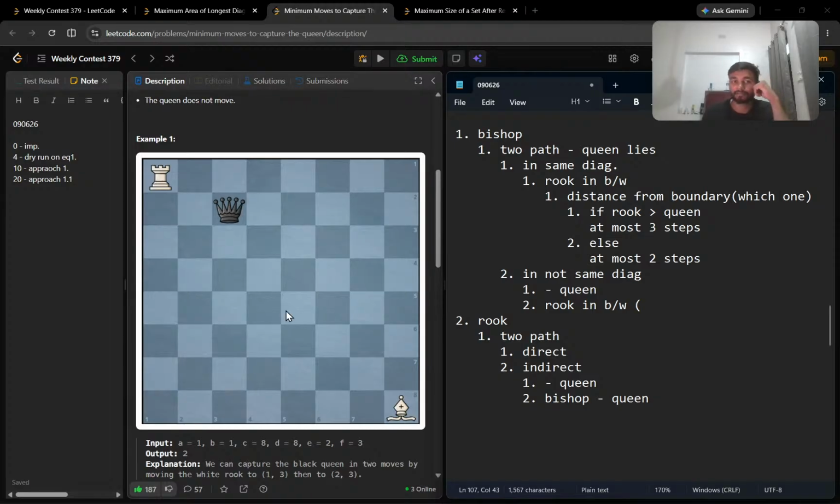अगर रुक हमारा बीच में है तो definitely this is going to be at most 3 steps, but if it's in corner then it cannot move even. बट दूसरी तरफ से आ जाएगा तो 3 तो हो ही गया। एंड इफ नॉट इन द सेम डायगोनल, अगर रुक इसके डायगोनल में नहीं है, रुक है और नहीं है, दो ही तो ऑप्शन होंगे। तो क्वीन नहीं चेक करना है, रुक चेक करना है।